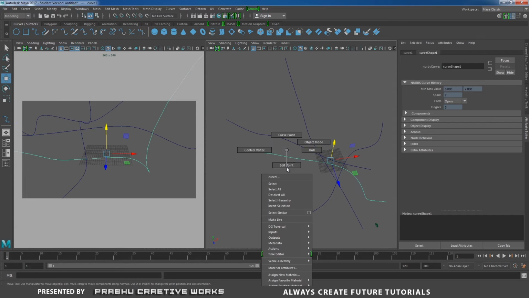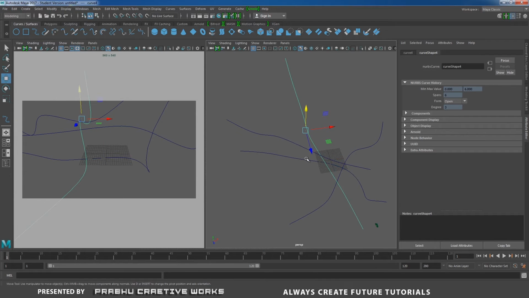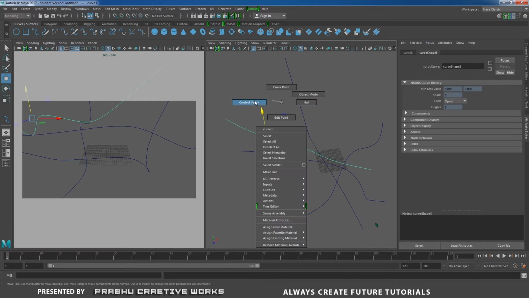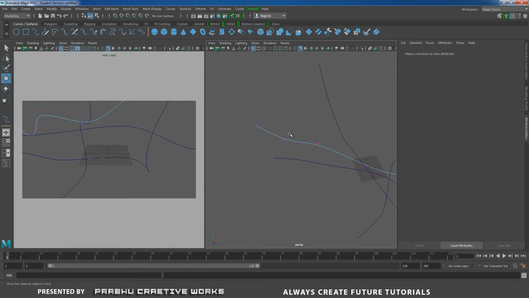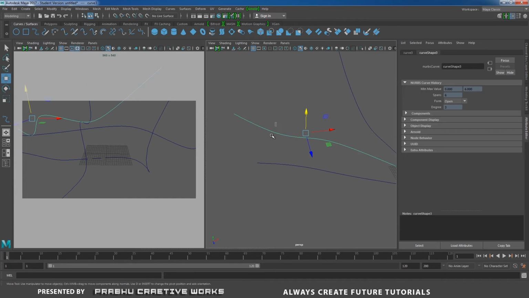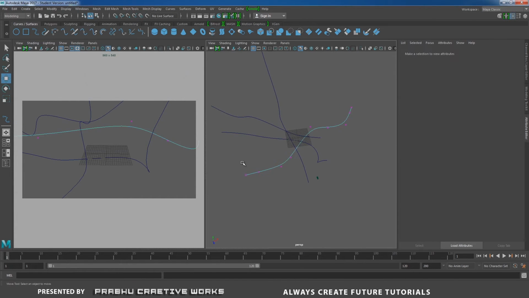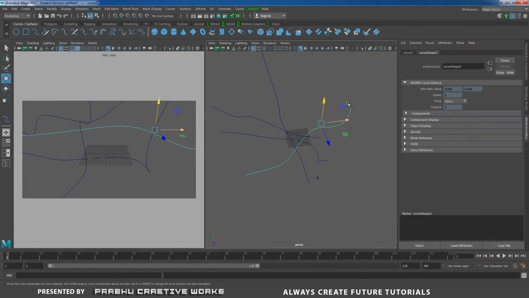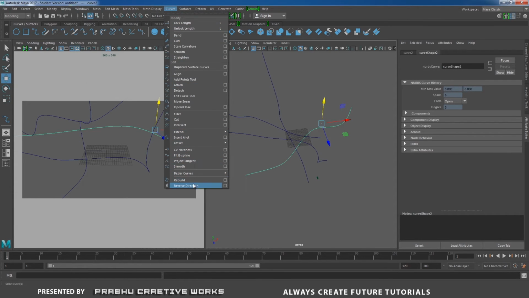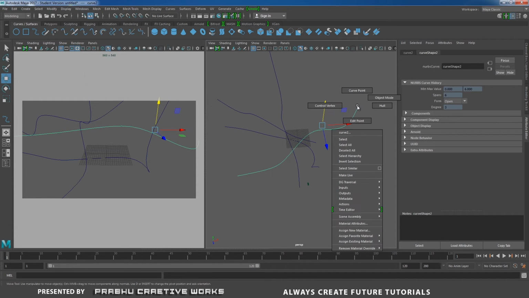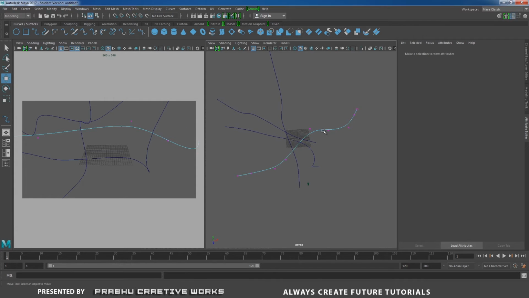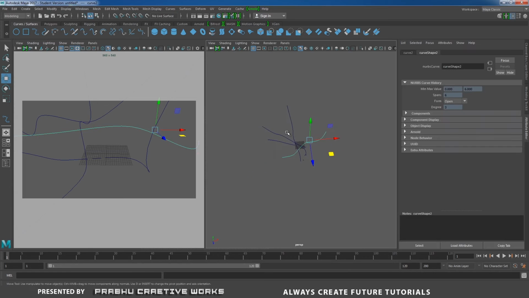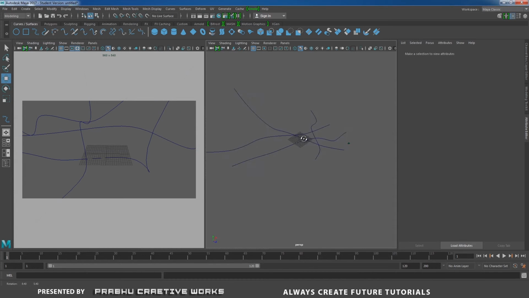So I will check each and every object. I select this one, right click and choose control vertex, so it will be perfect. Then I choose this one, control vertex. I want to reverse this one, so I select this object, go to curves and choose reverse direction. All your curve starting points should be on this side, so I will reverse that one. So that's it. Now we want to animate our